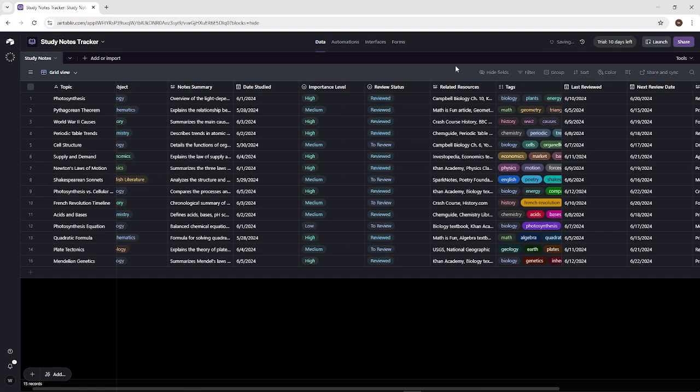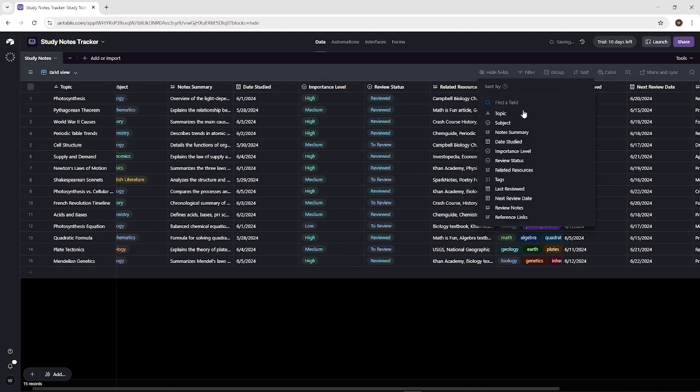When you're ready to study, sort your notes by importance level or date studied, and filter to show only the